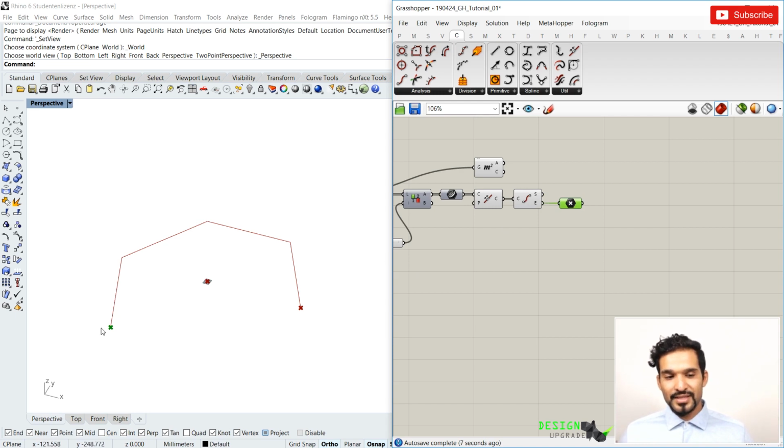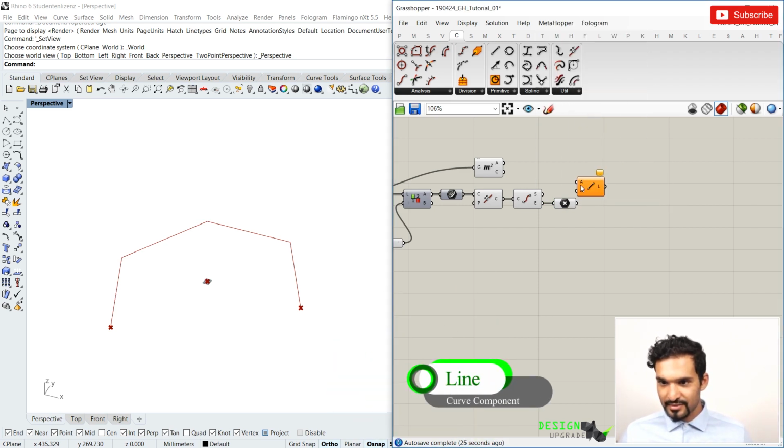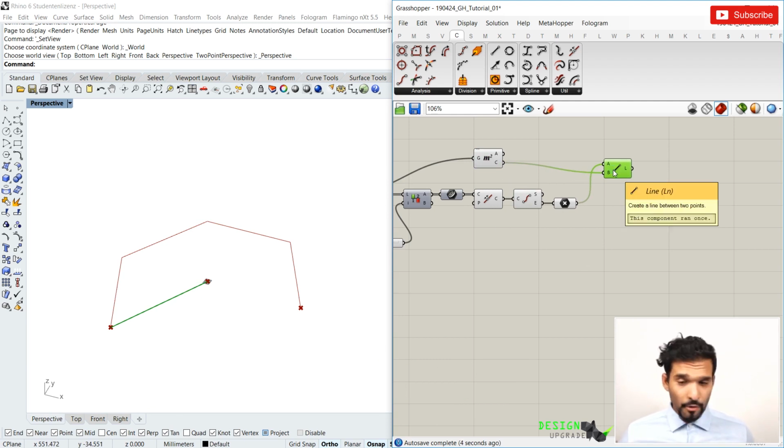Now we know that this is the end and we know that this is the start. So the curve currently is going in this direction. Then why don't we just use this direction and close it in this fashion, right? So we want to start with the end curve and put it to the centroid. We do this by having a line component, which looks like this, and we feed the end point into the A, and then the C, which is the centroid, this point here, into the B. This makes the first connection, very simplified, and we can just copy and paste the